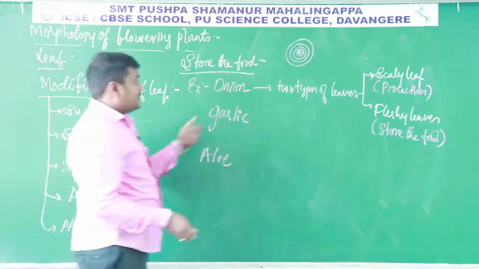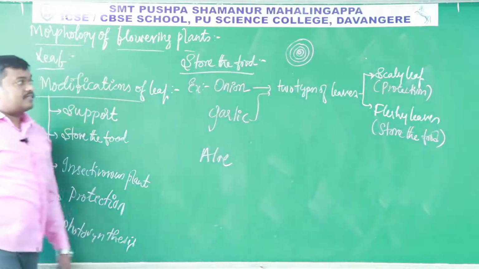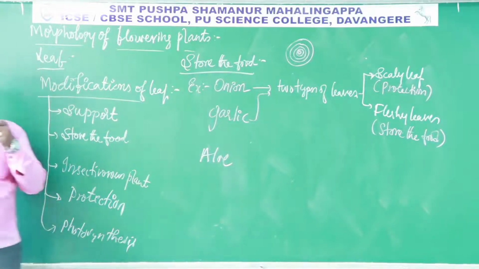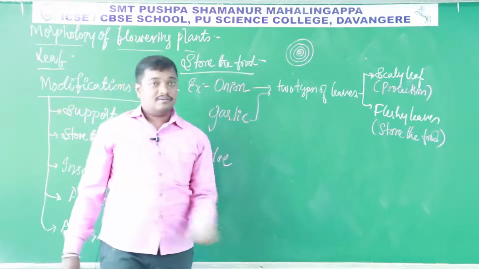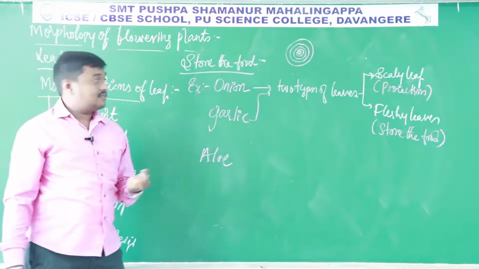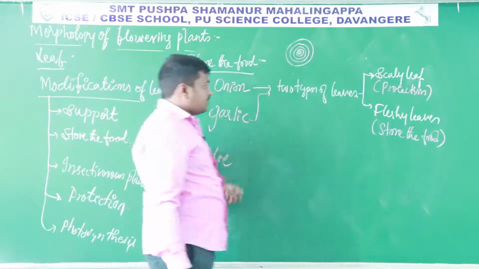The same case in garlic as well. So in garlic also two types of leaves are there. The thin scaly leaves outside, that is scaly leaves; inside, the thick ones store the food. So that is fleshy leaves. So fleshy leaves of onion store the food. Okay, so in case of onion,